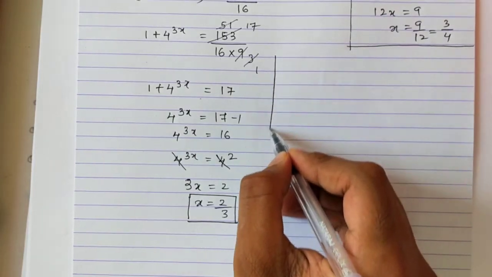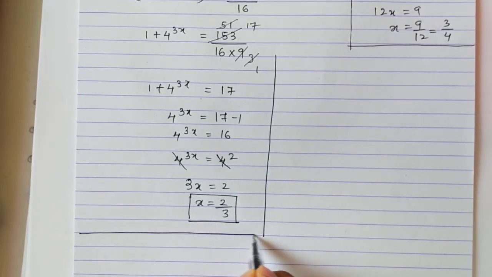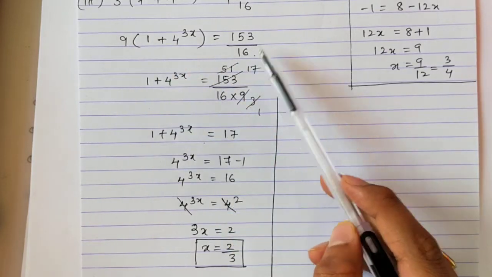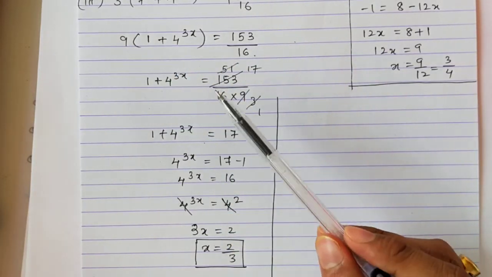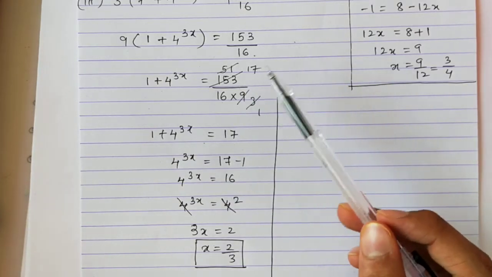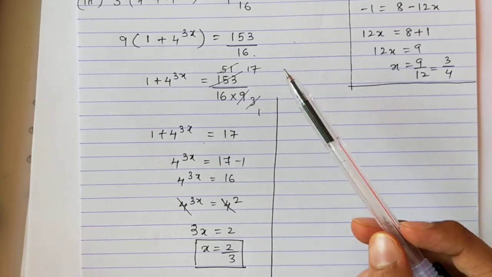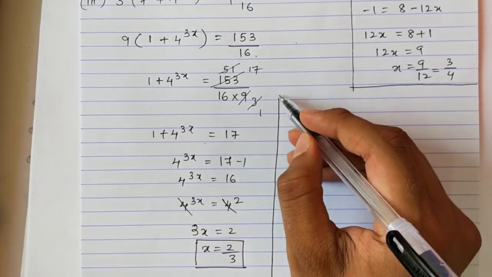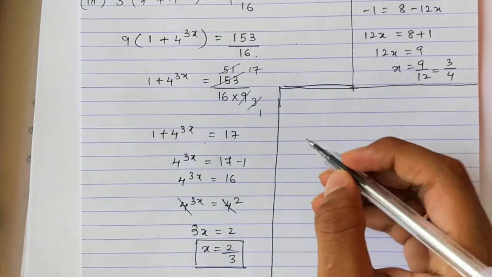Simplification is the main part in these type of sums. So you may think that how will we in the exam come to know when to take the number down or when to cancel the denominators. This all will develop with practice. They have given you many similar type of sums. Once you practice, once you solve them 4 to 5 times, you will automatically remember it. So do not worry, keep focus on practicing.